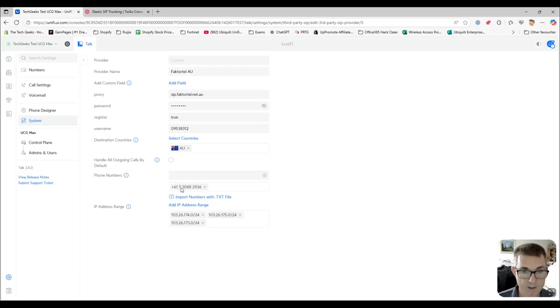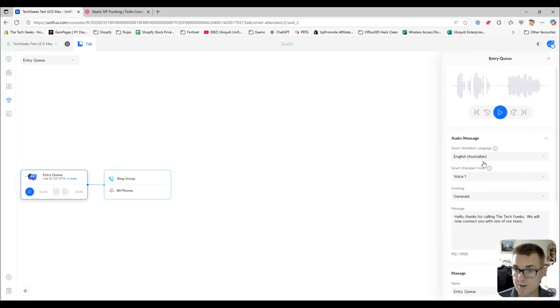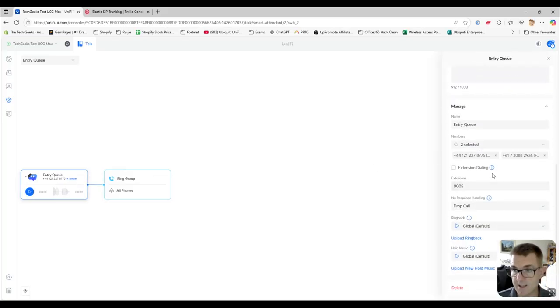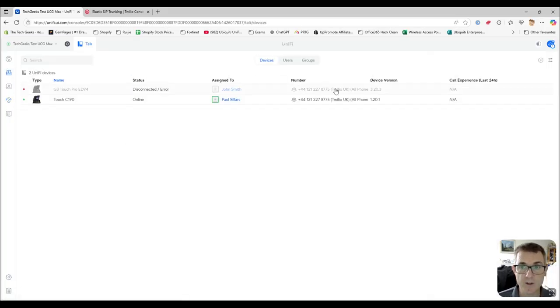So +6173088293 is correct. So that is all as we would expect it to. We're going to have a look in our system attendant over here. It's expecting to receive both inbound calls. And then this should now be sending it to this ring group. This ring group here